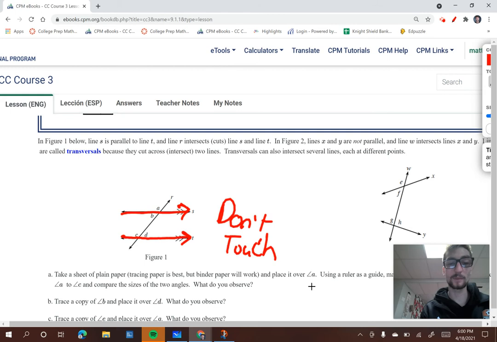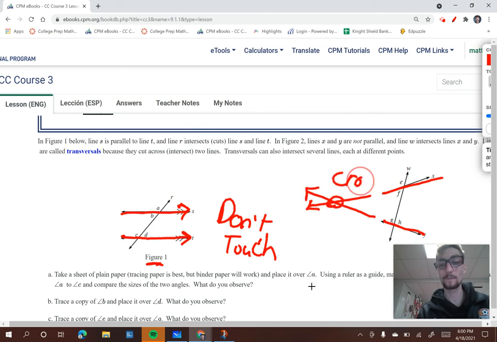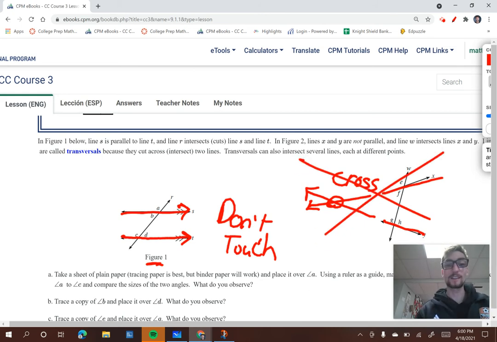This is our example of parallel, shown here in figure 1. And then over here we see two lines that would touch each other if we were to extend them. Here I'm extending the lines, and we notice they cross each other right here. So this here's an example of something that is not a transversal, because a transversal is when